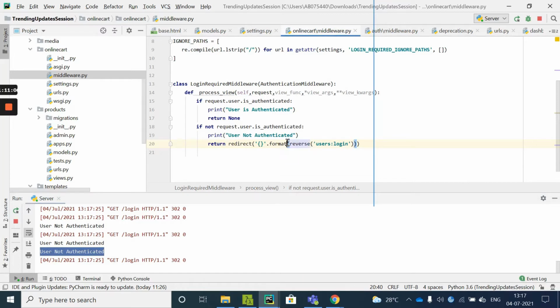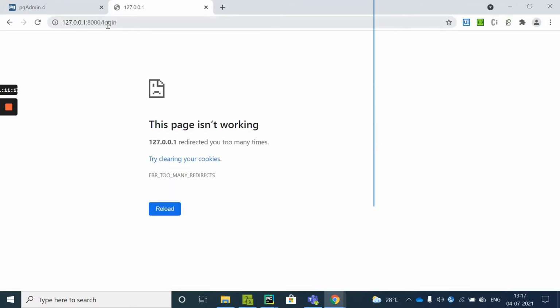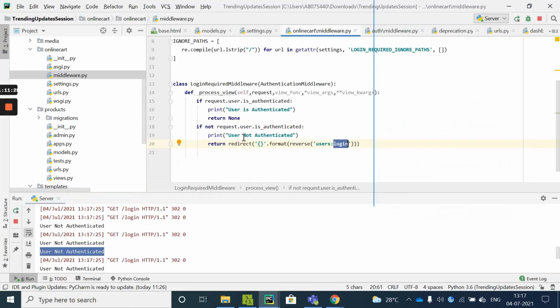See here, redirect format reverse and users login page. It went to the users login page. Till here it is not displaying the login page as of now. We shall be discussing why this is not displaying. First we'll see what all things are coming up here.